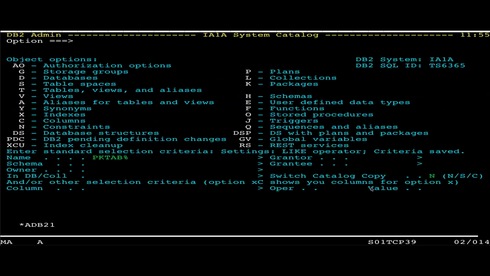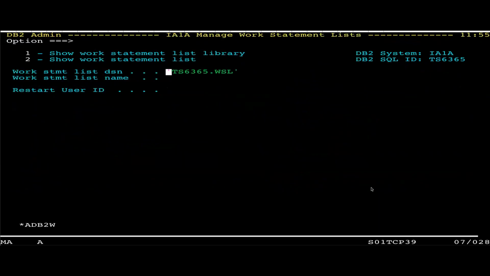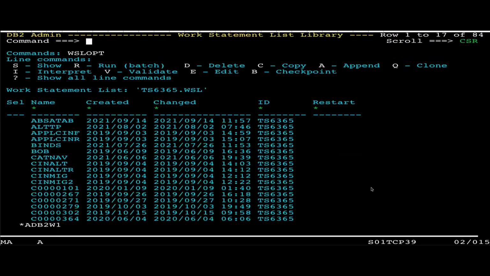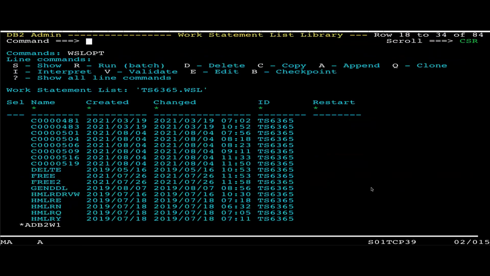That's how to make a change using the ALT command, which is my preferred way of doing things. You can do everything in ALT that you can do elsewhere. So I use that one all the time. We've looked briefly at work statement lists, and WSL will get you there each time. And the other thing I would mention about work statement lists, if I wanted to replay that change elsewhere,